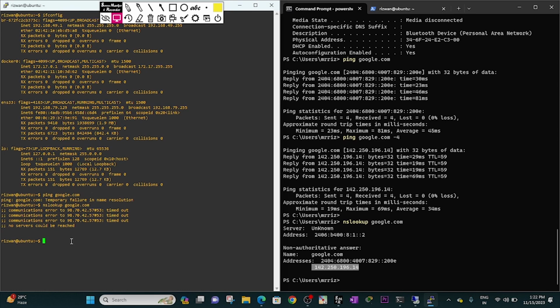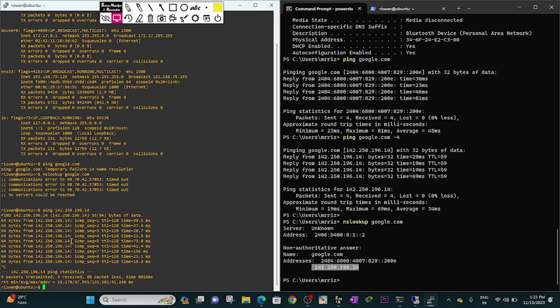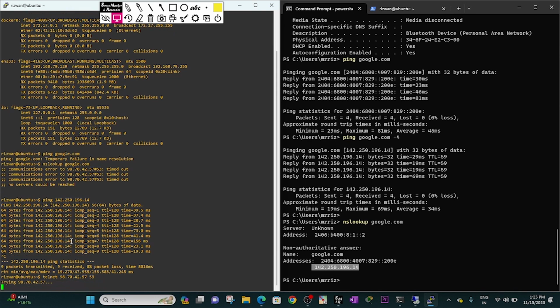If we initiate a ping to the public IP address of Google, 250.196.14, we will be getting a ping response on this IP address, which means we have reachability over the internet, but the problem is at the DNS resolution. To check whether we have connectivity to the DNS server, we can execute the telnet command on the DNS server configured in our system, 70.42.57, at port 53, the default port for DNS queries. We will not be able to